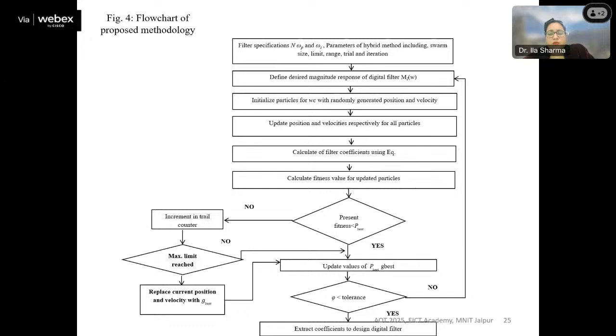This is a simple flow chart I have made, so you can go through it quickly. Whatever I have explained is written here. Once I get this optimal value, either the stopping criteria is met or the tolerance value, let's suppose the error is specified as 0.001, that is our tolerance value. Below that, no error will be computed, so it will automatically stop. Those coefficients will be your optimum ones, and the corresponding fitness gives the minimum value.